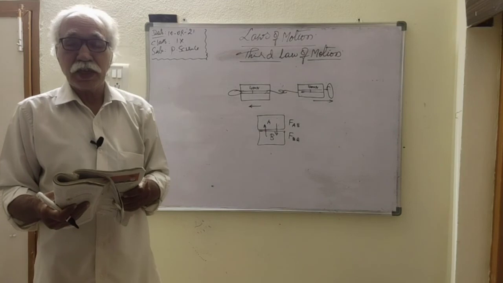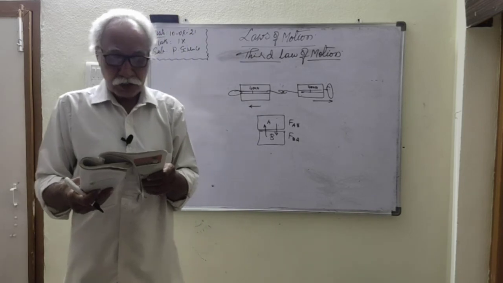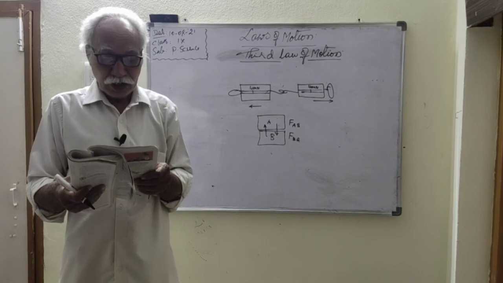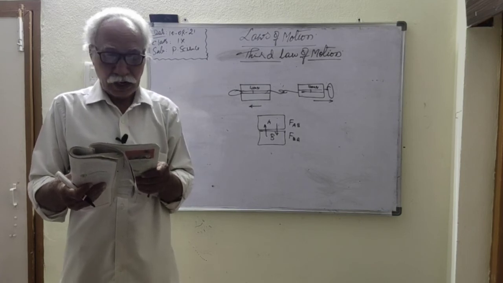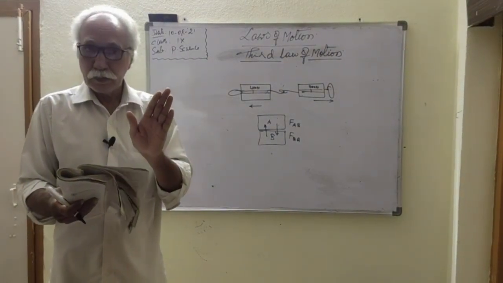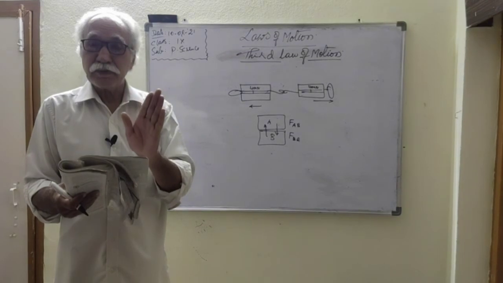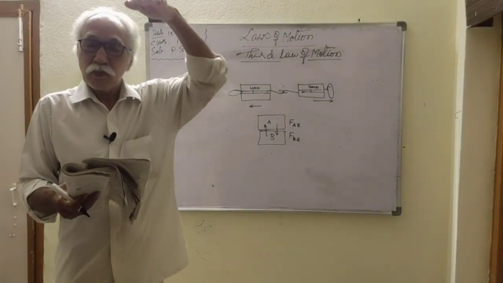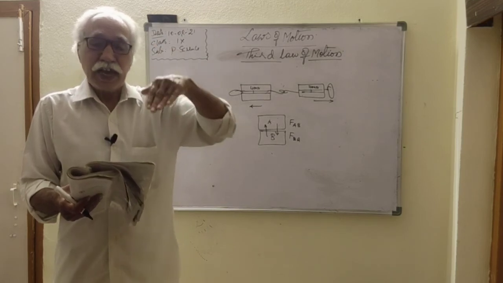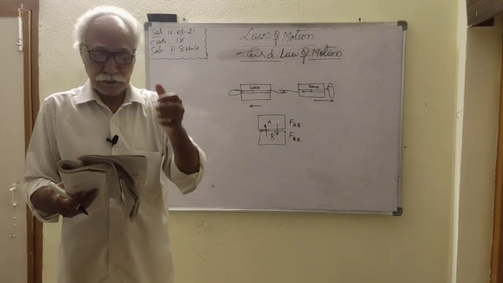Same thing you can observe in the case of fish. When a fish swims in water, the fish pushes the water back, and the water pushes the fish with equal force but in the opposite direction. The force applied by the water on the surface of the fins is called the reaction force. The force applied by the fins on the surface of the water is called the action force. For this action, in reverse, the water applying force on the surface of the fins is the reaction force.